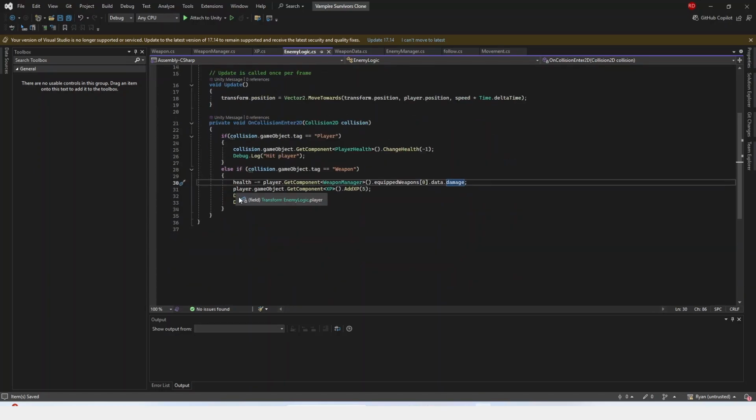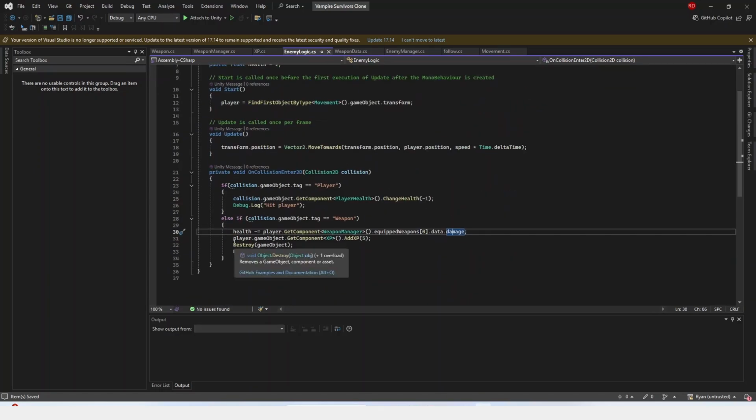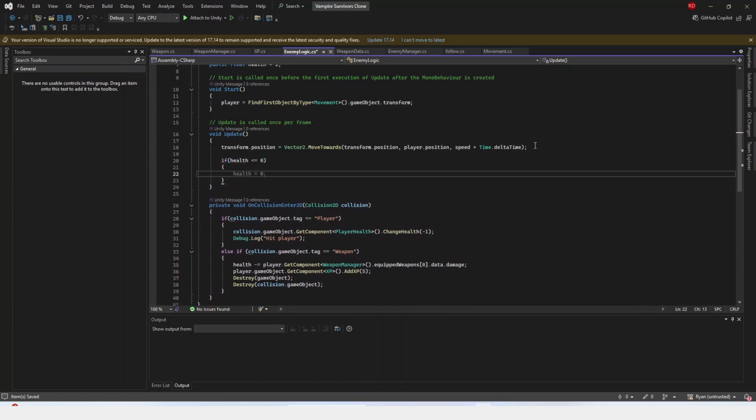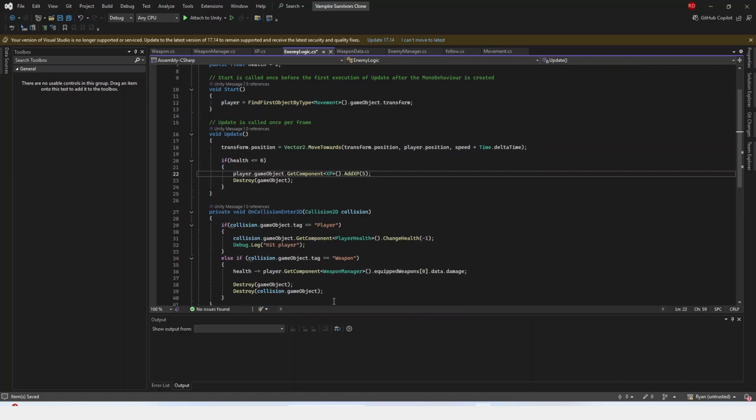Then I'm going to take all of this and put it inside of update. So inside of update, I'm going to do an if health is less than or equal to 0, then I'm going to destroy the game object, and then I'm going to cut this line of code, paste it there, and just delete both these lines of code. So now the health stuff is within the update method, and this destroy of the weapon is in the